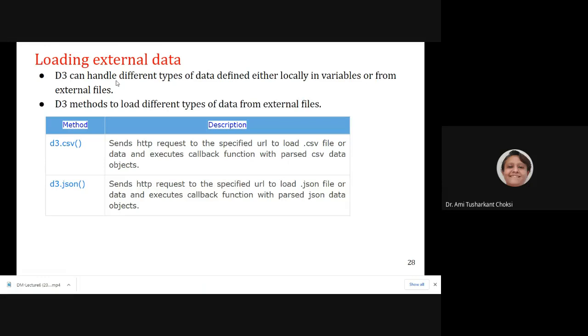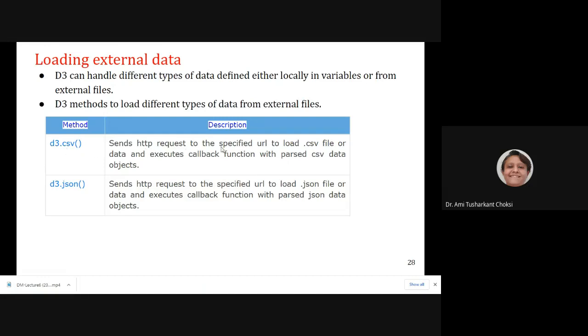D3 can handle different types of data defined either locally in variables or from external files. D3 has methods to load different types of data from external files, and they are, say, d3.csv.